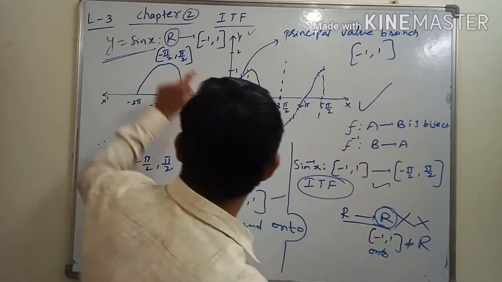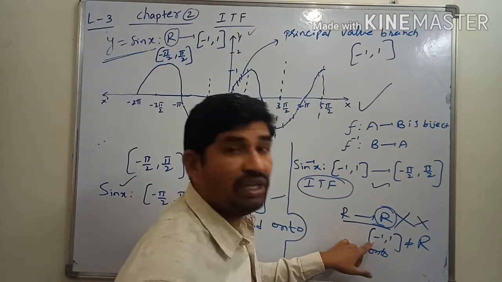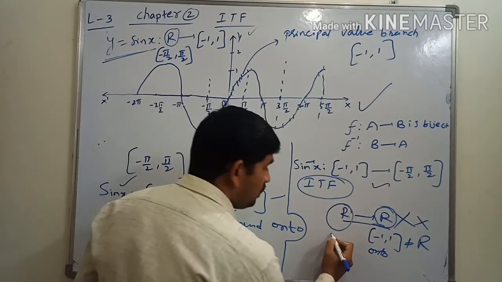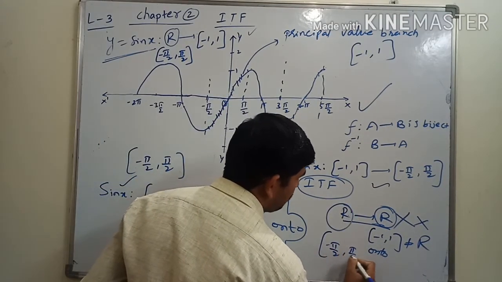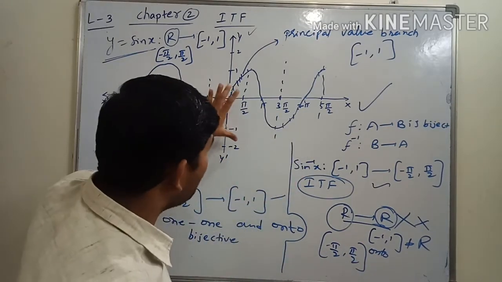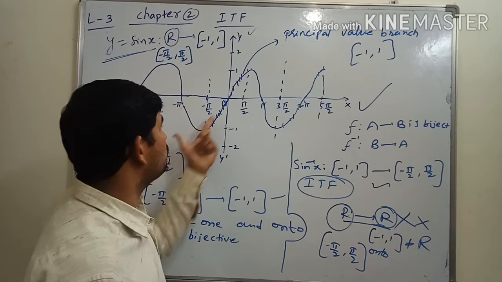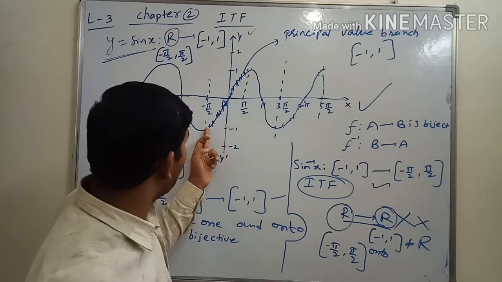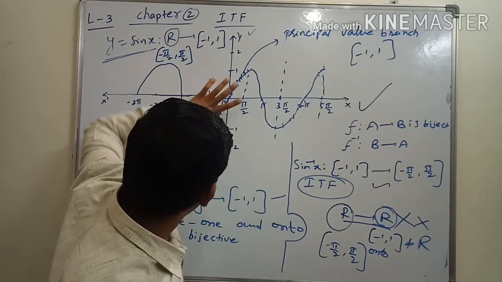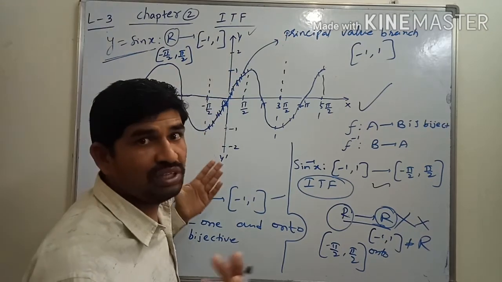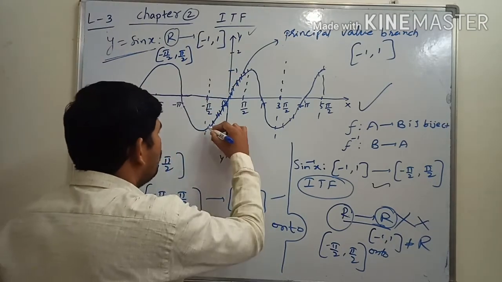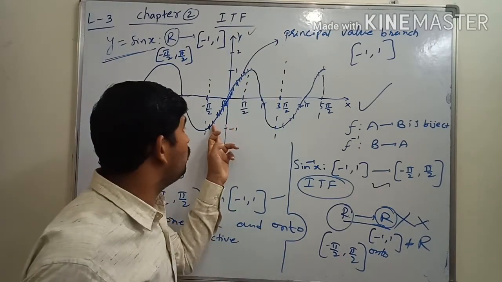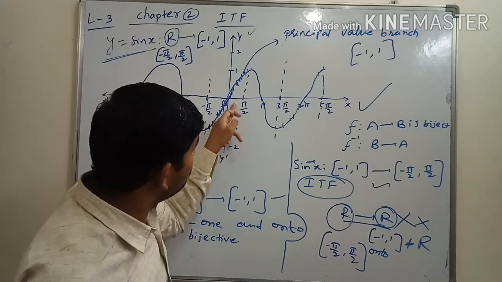That's why, in place of R, I am going to write the codomain as -1 to 1. And again we have to restrict the domain as -π/2 to π/2. You can take any interval here, but we are taking -π/2 to π/2. See, in this the values are not repeated. By taking -π/2 to π/2, the values are not repeating, as we clearly observe in the graph. In between this, no value repeats, so different values in the domain have different images in the codomain.